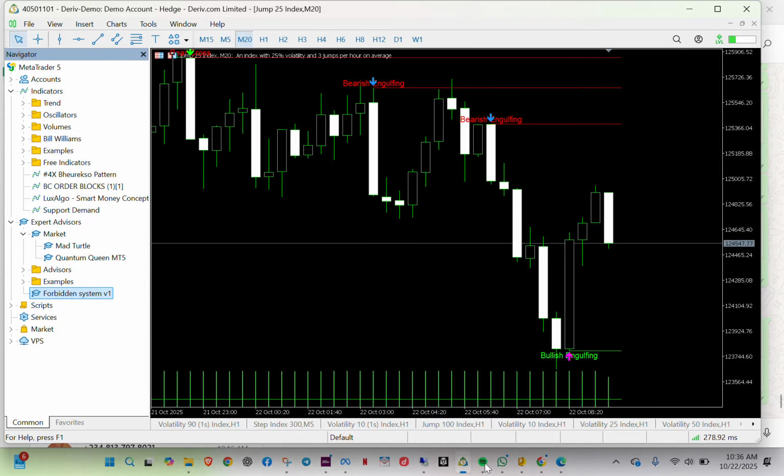Now, the first thing you are going to do is, once you get the Forbidden System EA, maybe I sent it to you via your DM on your WhatsApp or anywhere you got it. The step by step is what I want to show you. Now I'm doing this on my laptop, my MT5 terminal. So for swift running of the EA,